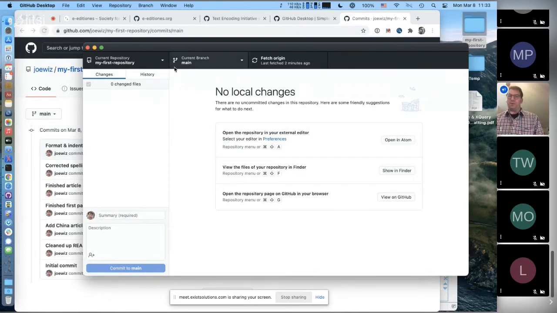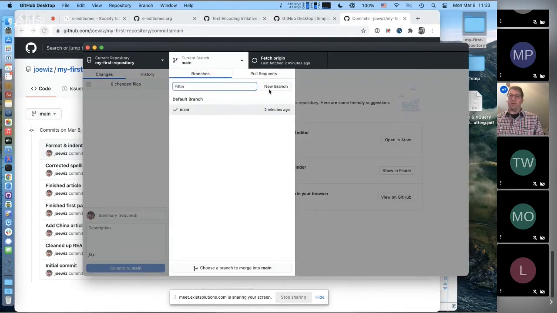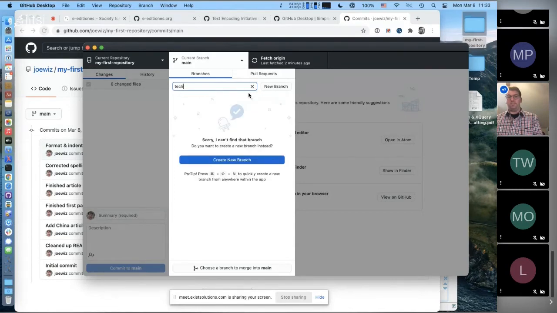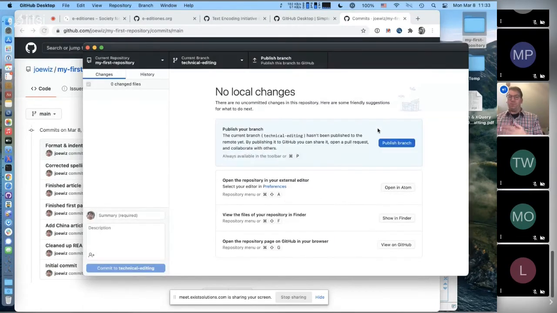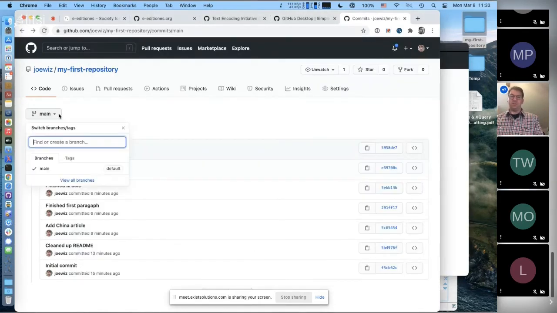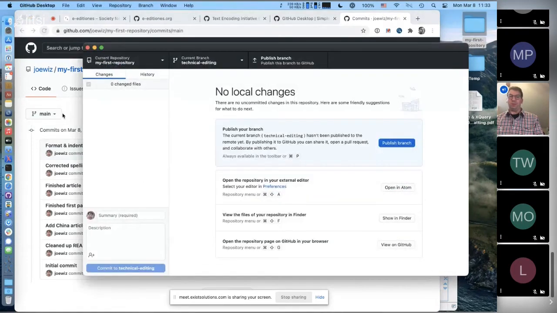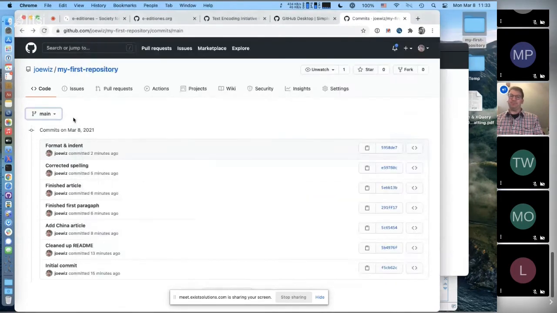And I'll show you where that is in GitHub Desktop. You can create a new branch, such as, we'll call it technical editing or something like that, or I could call it Joe. And I could work in this, push my changes. You would not see those reflected in the main branch like everybody is, but my new branch would be selectable somewhere else. So that's just a brief introduction to